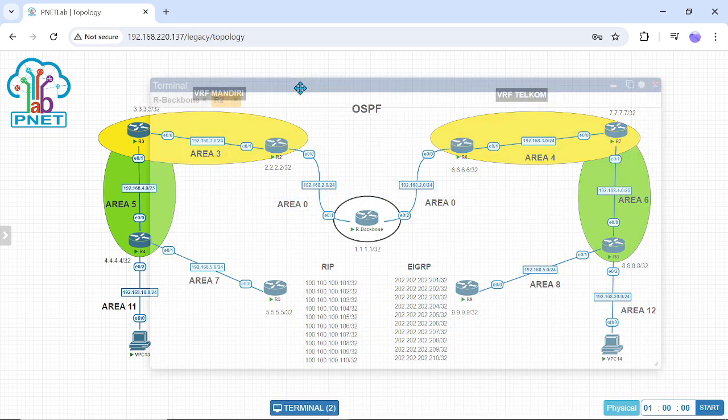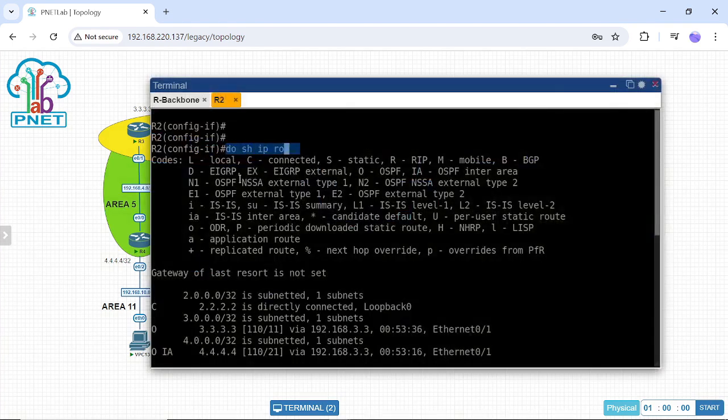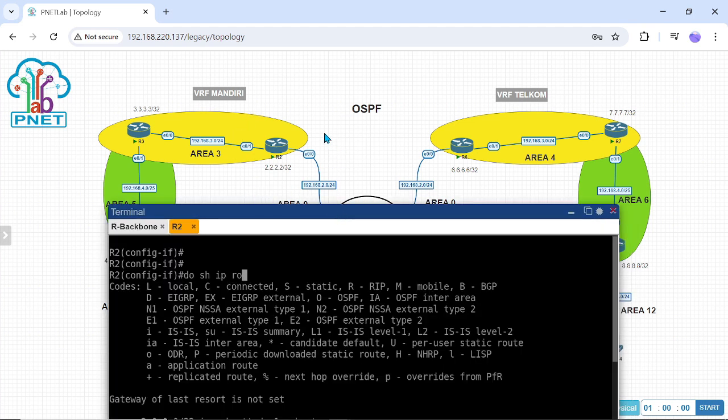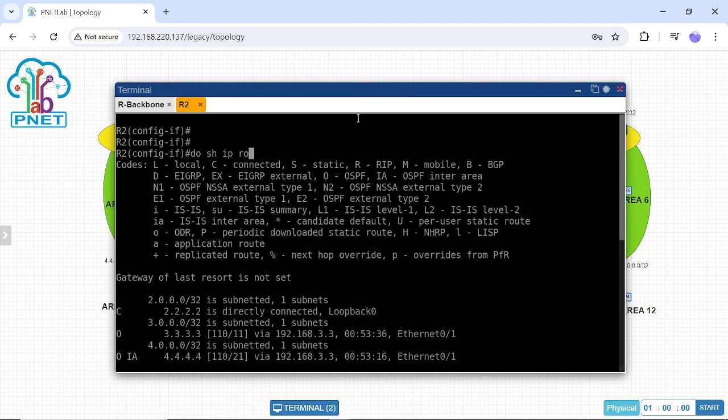So just do show IP route, not do show IP route VRF Mandiri. That is for another router except the router center, the backbone router, as I named it.